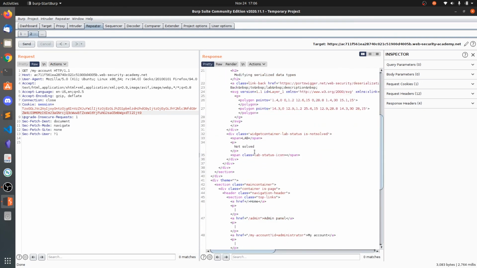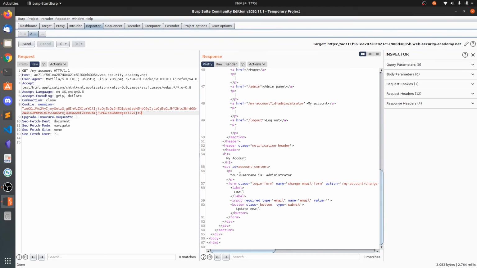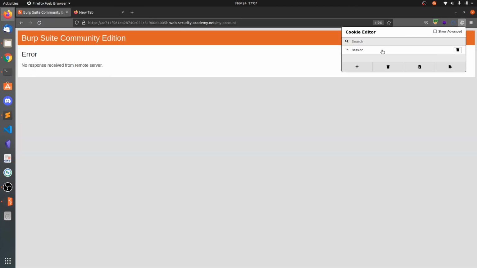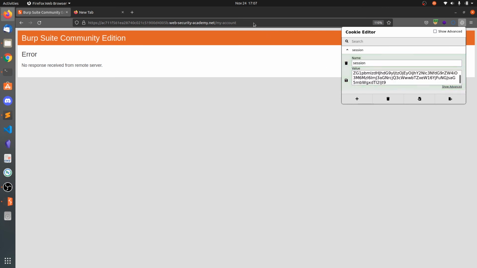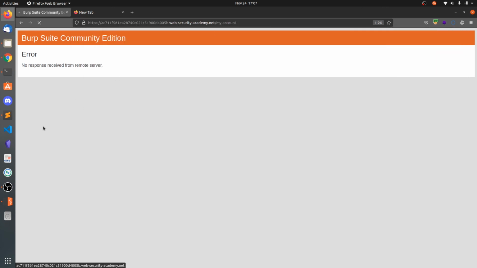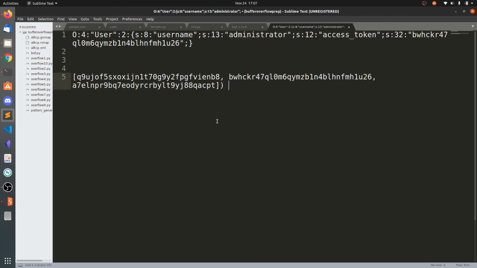So now you can see we got the 200. Okay, and your username is administrator. Now you can go ahead and paste the cookie here and save this, reload the page. So here you can see by changing the string value to some integer, we have raised an exception from the web server, and that exception has leaked all of these access tokens array.